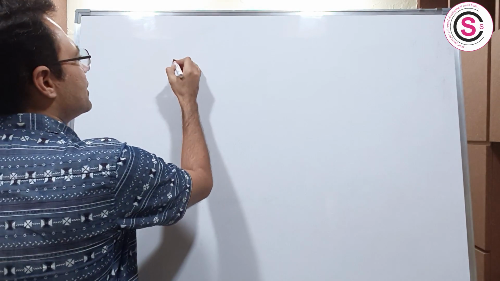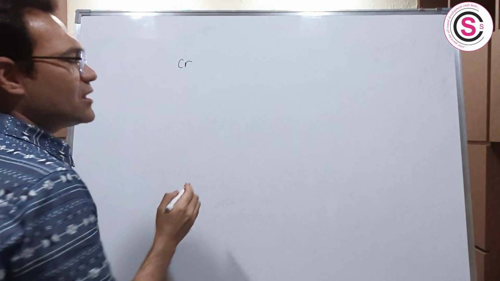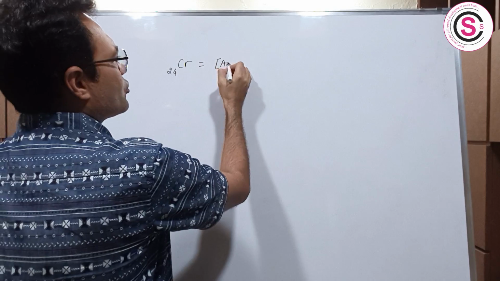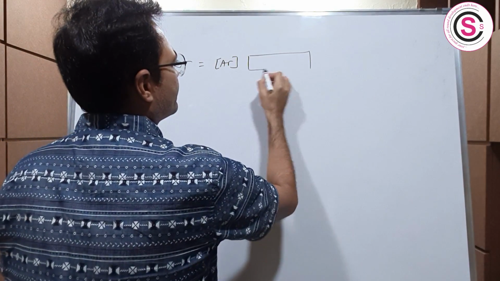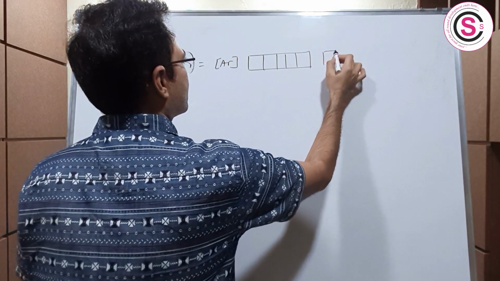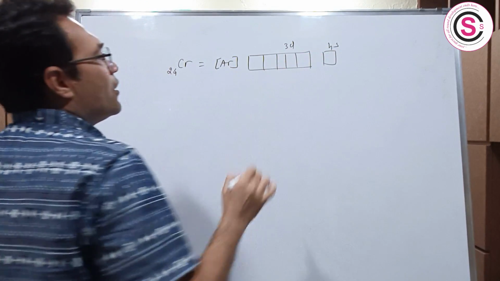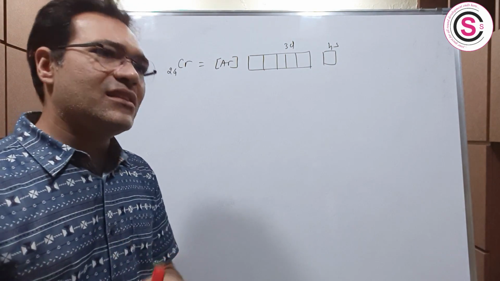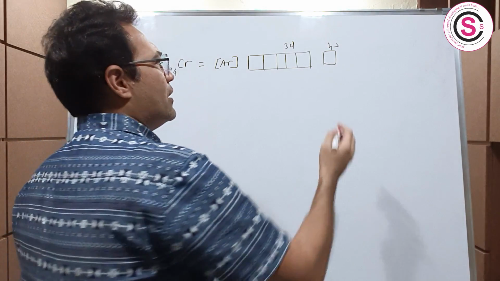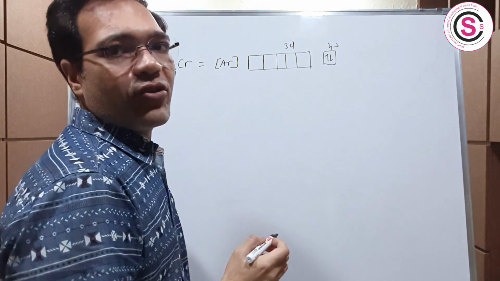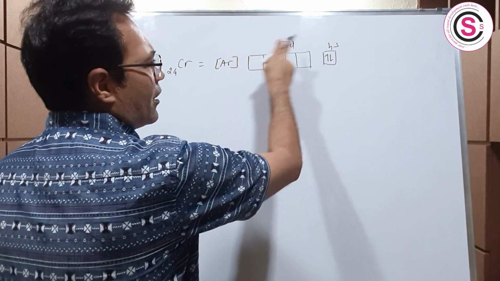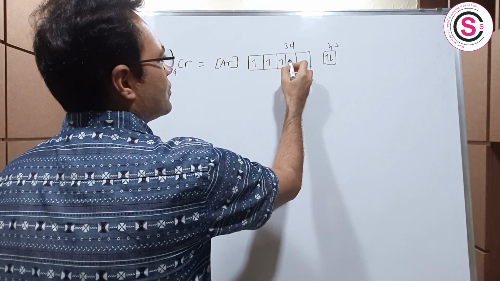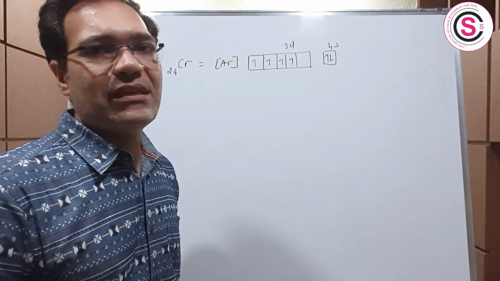So, students, this is chromium, correct? The atomic number of chromium is 24. So the electronic configuration is argon, correct? We know that after argon, the 4s orbital will be filled first. Now that is in accordance with the Aufbau rule. So let us fill the 4s orbital first with electrons, right? So 18 electrons of argon and 2 of the 4s orbital give you 20 electrons. Now we need to fill 4 more electrons. So fill 4 more electrons in the 3d orbital.